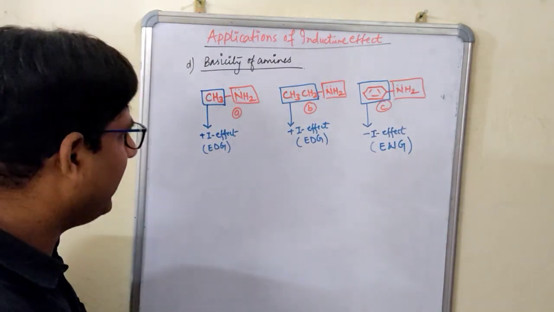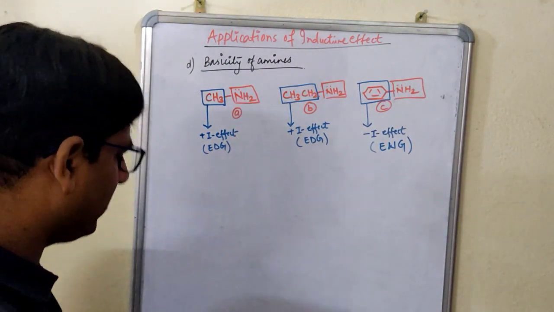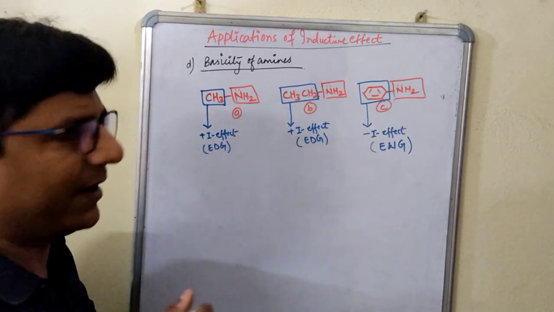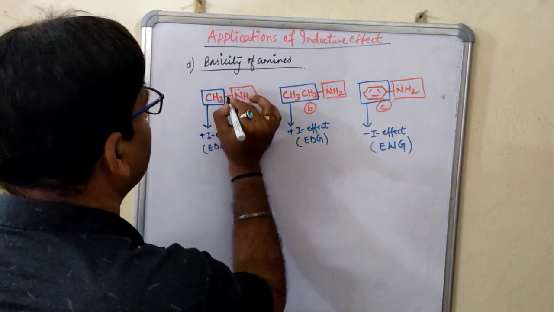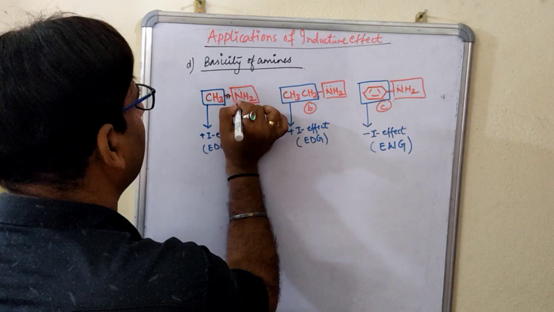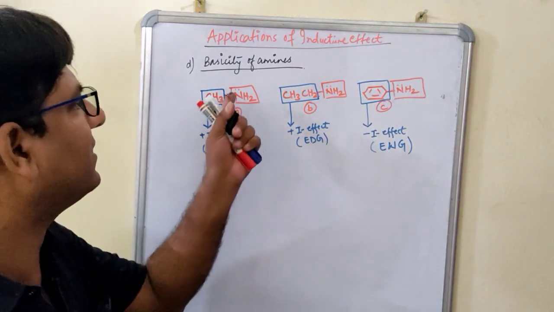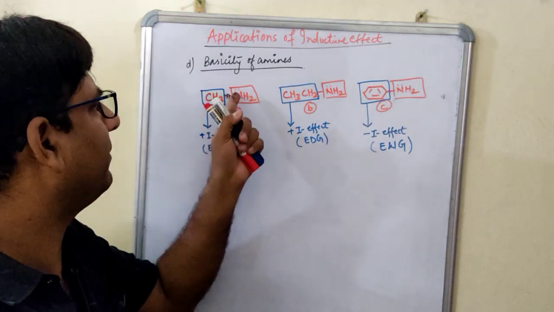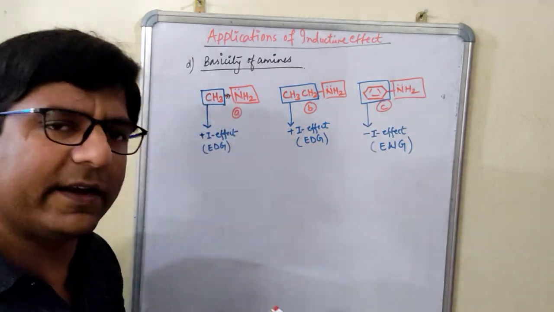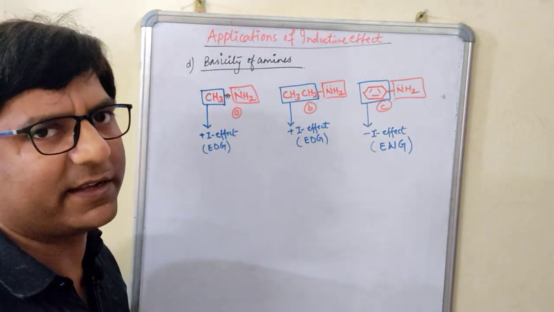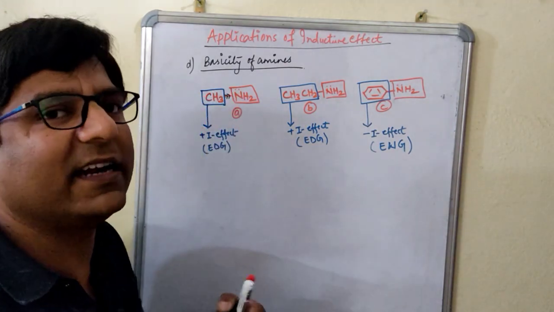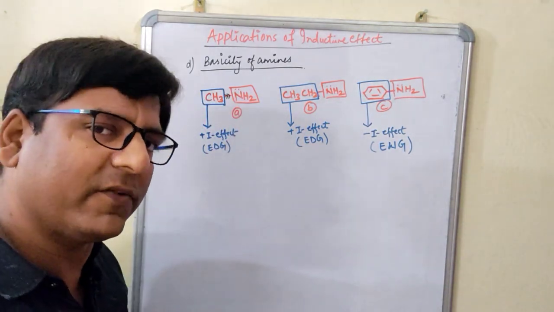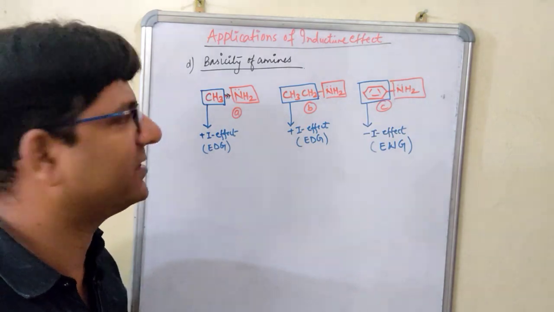Right? Now here, you can differentiate between all these three. This is plus I, this is a methyl, again it will give the electron to this nitrogen. Already it has a lone pair of electrons, the first criteria has been satisfied, means a lone pair is there, nitrogen itself having electron density. Presence of a lone pair is an additional electron density. Why? Because a lone pair of electrons has its own electron density.